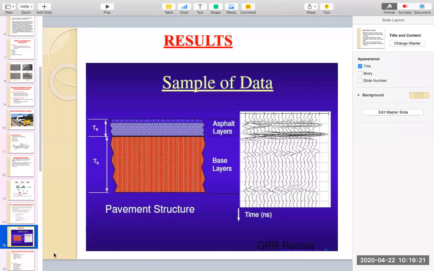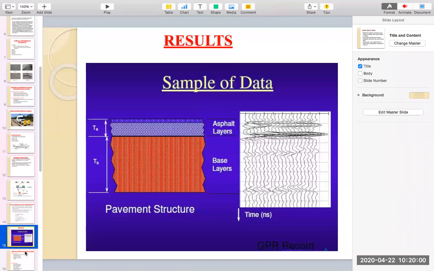I'll be sending you a short procedure of how it collects the data, with 2 to 3 slides. That should be more than sufficient. Whether it is GPR, the falling weight deflectometer, or BBD, they'll ask you for a short note on the procedural aspects of how these tests are conducted for pavement evaluation. If you write a brief procedure on how this equipment works, that should be more than sufficient.